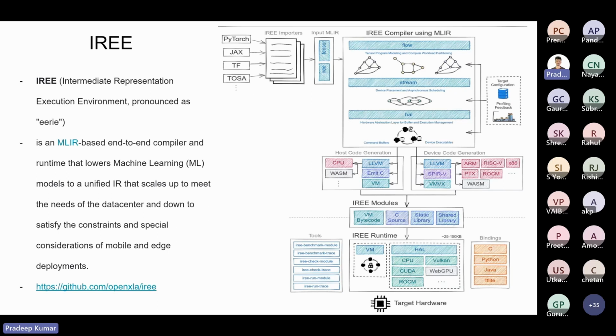And IRE, based on the requirements, whether you want to run it on a CPU, GPU, or distributed systems, provides a unified representation of an IR and allows you to execute on a wide range of platforms. The representation that IRE uses is based on MLIR, which was released around 2019, and MLIR